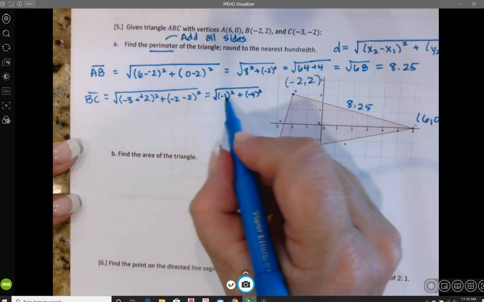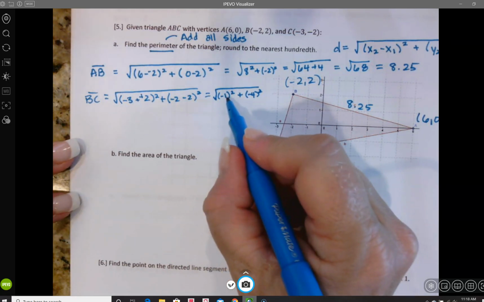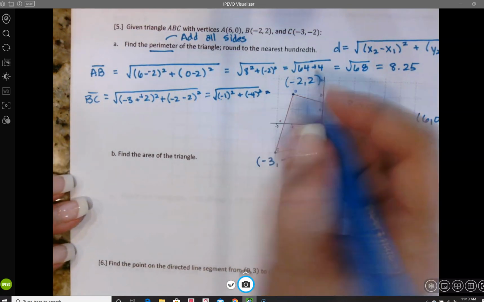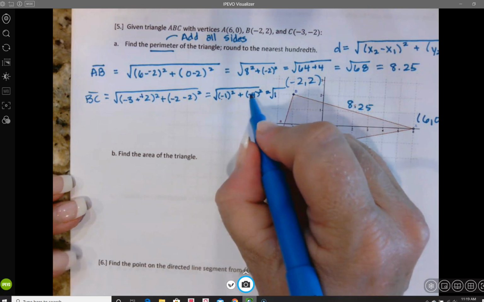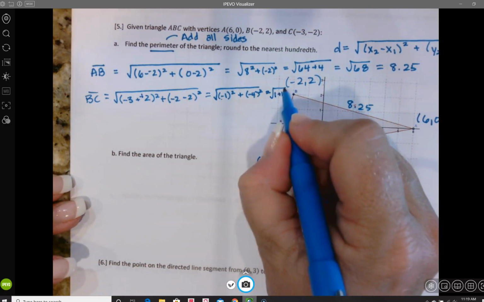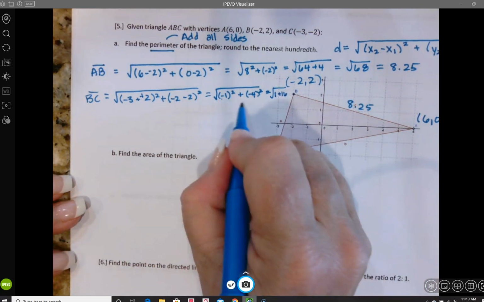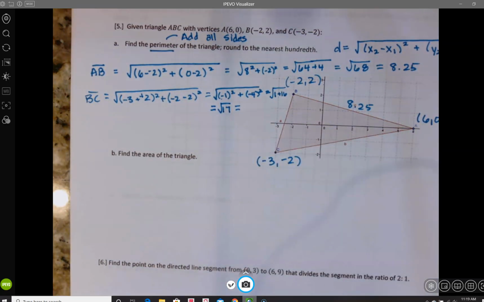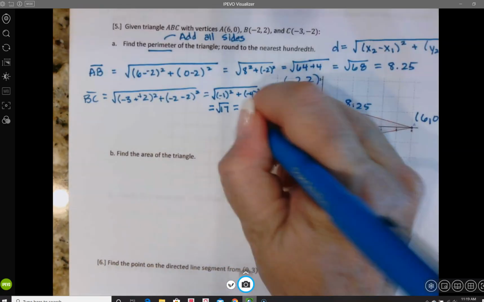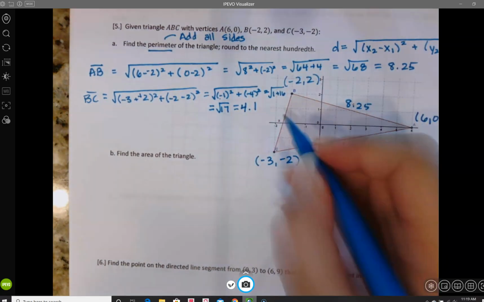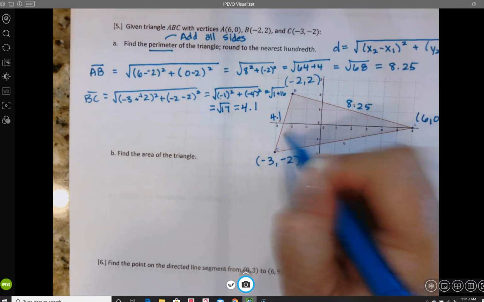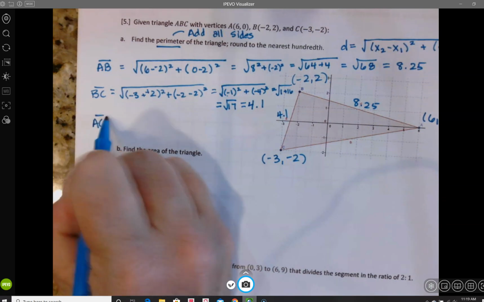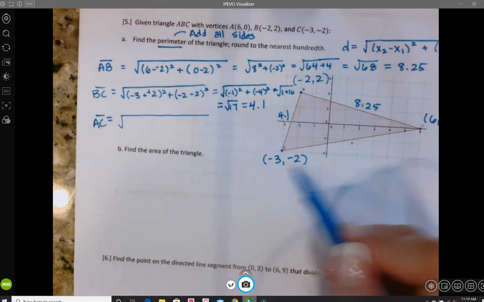Now if you're using a TI or however you're doing this, just make sure you're either putting the number in parentheses, or in your head you're going -1 times -1 is +1. And then -4 times -4 is +16. So we get, and I don't want to write all over my drawing there, so we get the square root of 17, and then I'm using my calculator again to get that as a decimal. So that's 4.1. So I can label that here. 4.1 is the length of side BC, and then side AC is the last side, and I'll use the -3